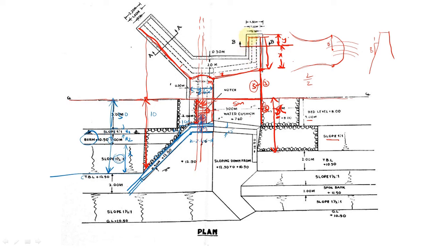Then provide sufficient bottom width: draw a parallel line to it and a parallel line to this line, and connect these two. We know the bottom width of the abutment, so this is the bottom width. From this point you have to draw an inclined line. On the top surface also, exactly at the center line, you can draw these dotted lines with 0.5 meters width. It is only possible with drawing. Only when you put it on paper can you understand it.